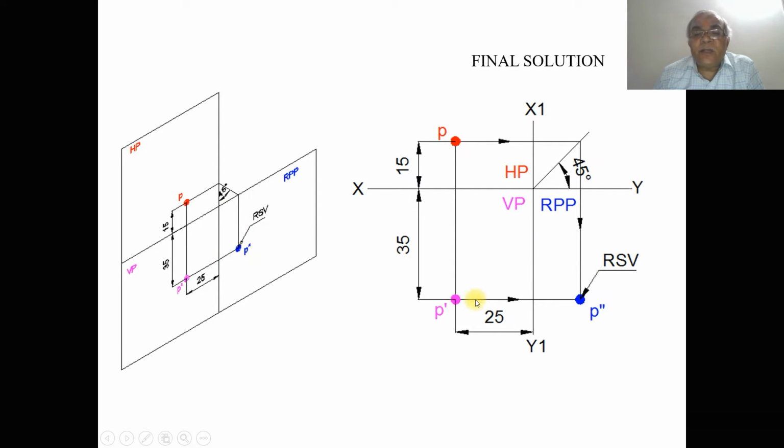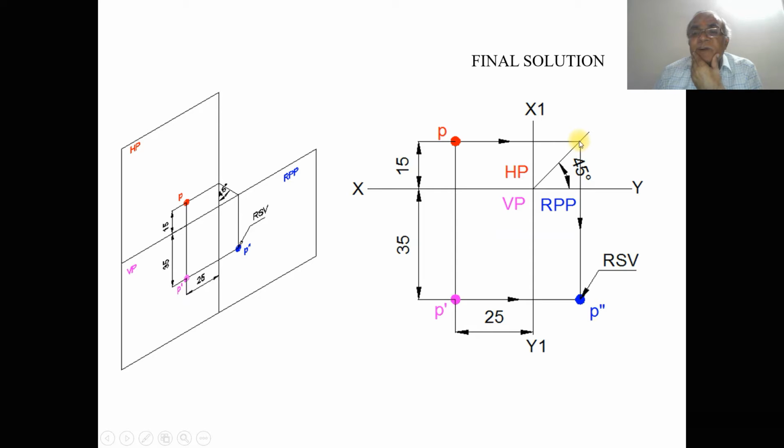So you draw a horizontal projector from P dash to the profile view, and since I want the top view distance to be transferred to the right side view, wherein in the top view you have the vertical distance, when it comes to the side view it should become a horizontal distance. So you draw a 45-degree line adjacent to the HP, then you project this point from p to the 45-degree line, wherein this distance of 15 is transferred into the horizontal distance of 15.